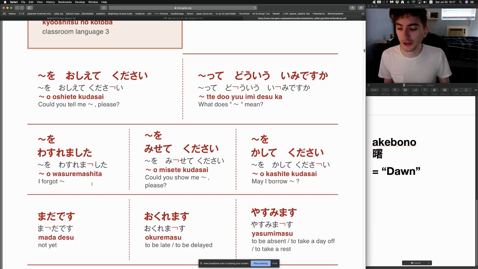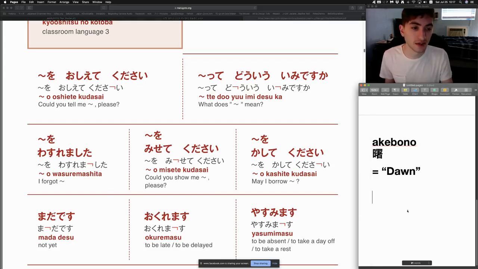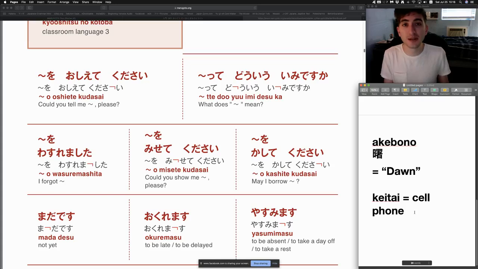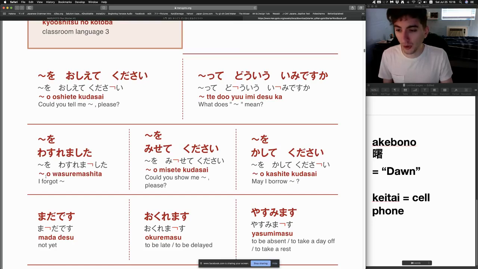I forgot my phone. The word for phone is 携帯電話。Or you could just say 携帯。携帯 means my cell phone. Oh, I forgot my cell phone. 携帯を忘れました。It might take you a few tries to be able to say it quickly. That's okay. Take your time. Make sure you're saying it correctly, slowly first, and then you can get it faster later. 携帯を忘れました。